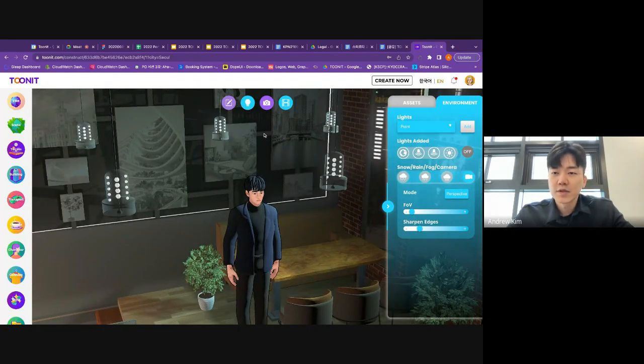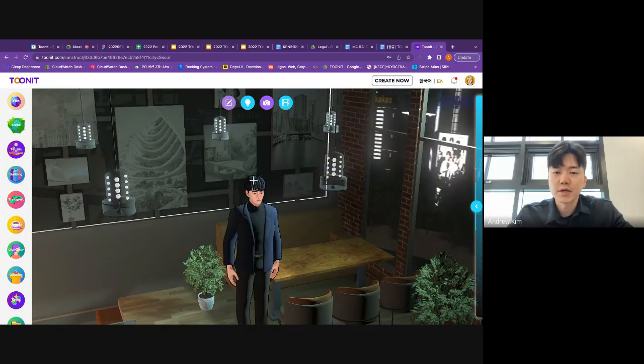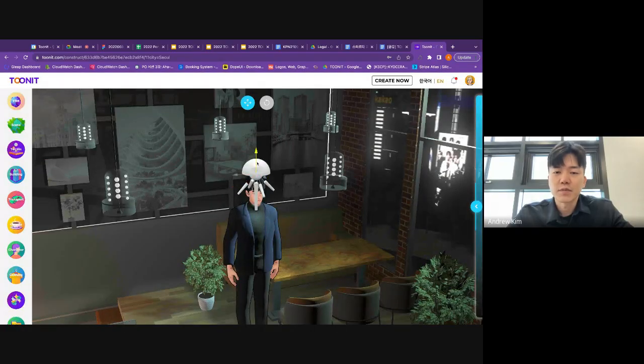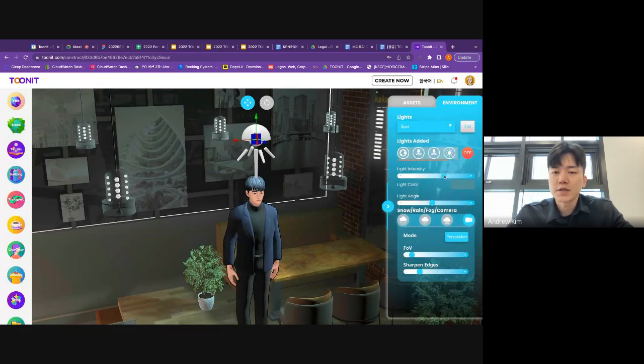So what I do is bring in the point light, spotlight, basically the spotlight. I'm going to add them on top of him. I can change the intensity. I can change the angle, how wide. I can be really focused. And also, of course,